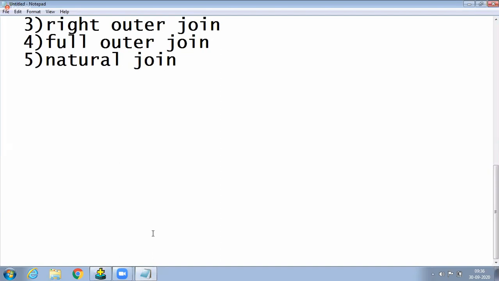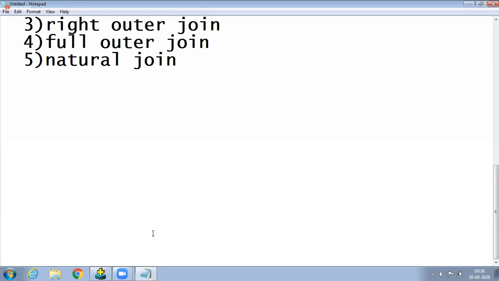In this case, select a number of columns from table name 1, comma, table name 2, comma, table name 3, comma, table name 4. If we do this, the Oracle server internally uses the default join. In Oracle, what is the default join? Cross join. How cross join works, I will tell you later. First, write this theory before we start equi join, it is better to know this also.